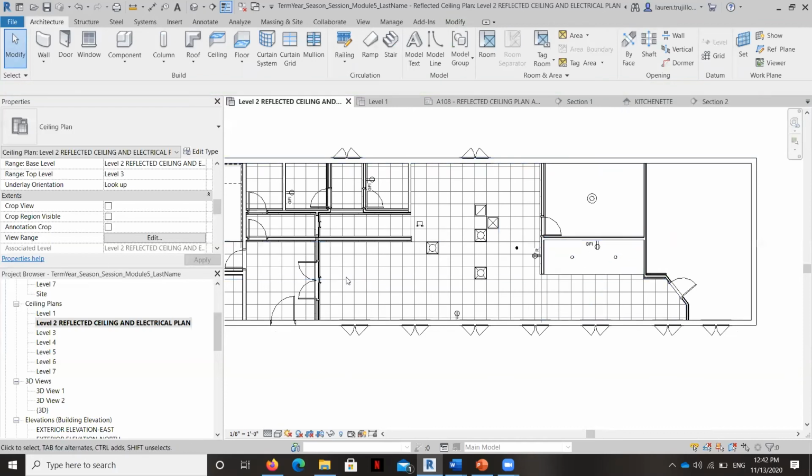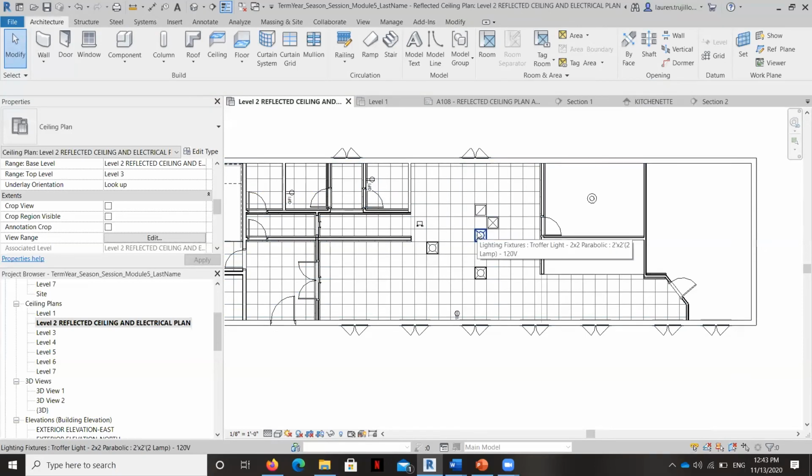Now, were we to also do a switching plan, which is a little bit outside of the scope of this class, you'll learn it in your lighting class, we would put switches on the walls, and switches are also located about 4 feet above the finished floor. And so we would have to adjust the view plane as well to show those. But right now, you know how to place symbols for the various ceiling elements.